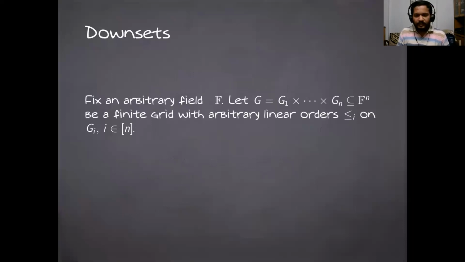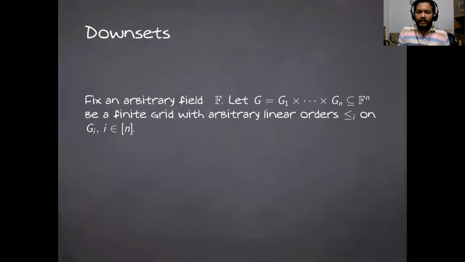So now, what I would like to talk about is a special class of codes which I call downset codes. We introduced it in a joint work with Srikanth Srinivasan and Utkarsh Tripathi. So we'll be moving towards this particular class of codes, which in some sense generalizes the examples that we have seen. So how do we do that?